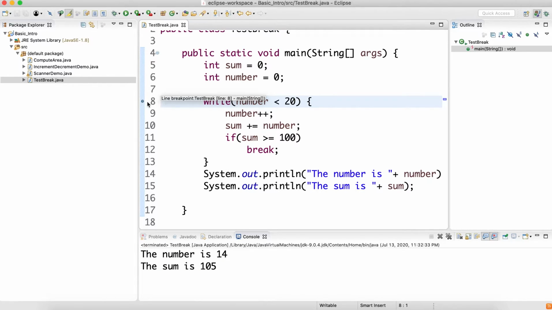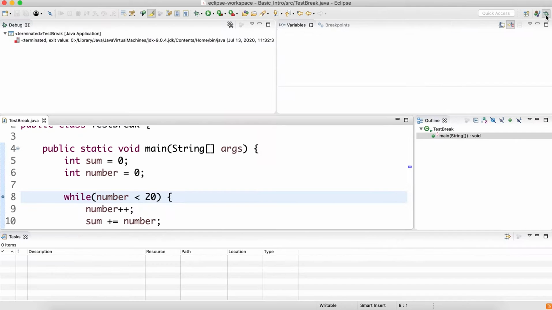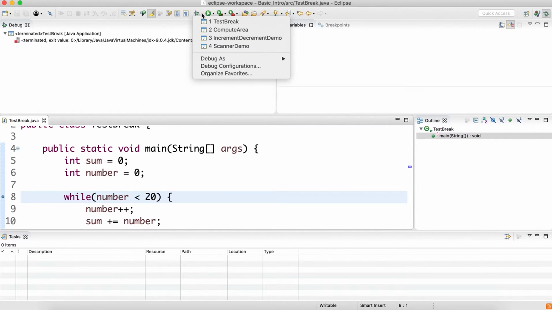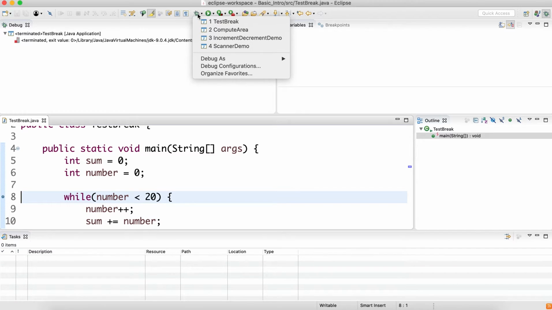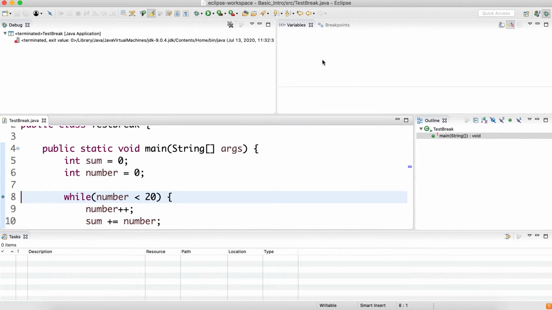Now we will go into the debug view in Eclipse. Here there's a small button, debug view. In the debug view, usually we use this play button, but for this we will use this bug, or Debug As, Java Application.